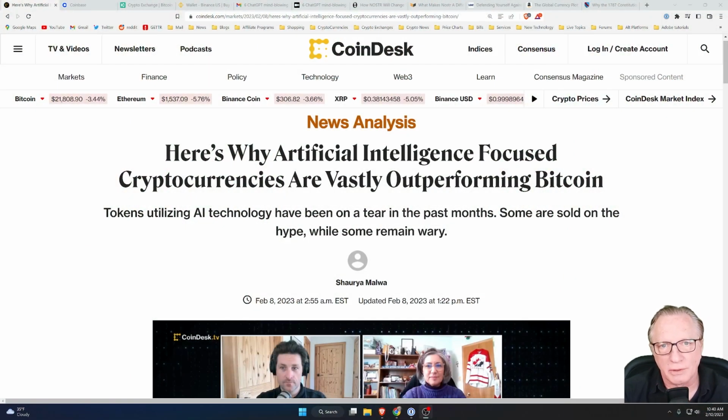All right, I've got an article here from CoinDesk talking about the AI related crypto tokens. They're kind of on a tear lately. So I took a look at some of these tokens, and they're not very straightforward as far as getting a hold of them, buying them, and storing them. So I wanted to do a quick tutorial on the easiest and cheapest way to get your hands on some